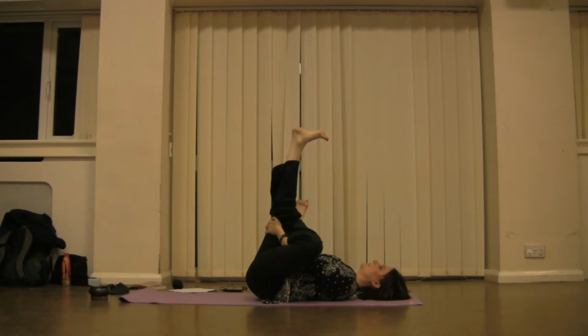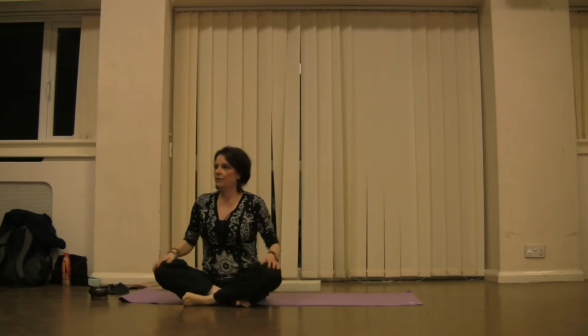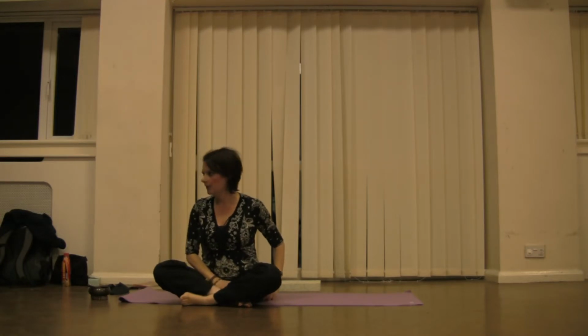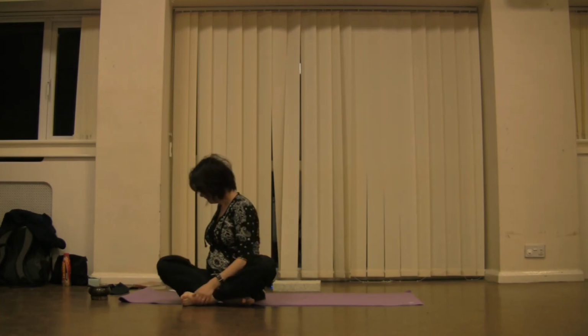What we're looking for is a really deep stretch in the outer left hip. The deep hip flexors, often the ones that restrict us in forward bends. Only hold it for as long as you're comfortable. We're looking for a stretch. We're looking to push our comfort zone, but we're looking for a sense of effortless effort within it too. So you will feel a stretch, and the more you work with the breath, the more the body will give you. Release out of that. Release the hands, the foot floats back to the floor, and just